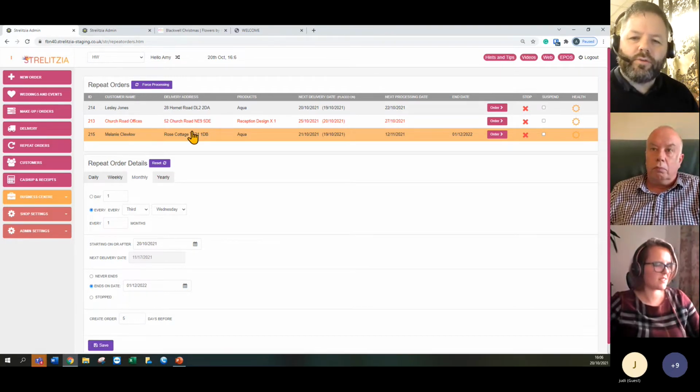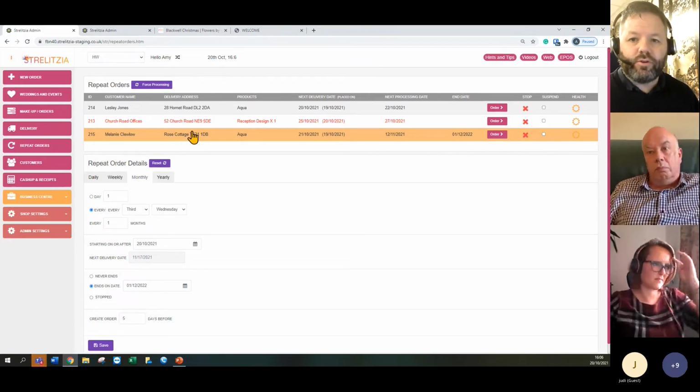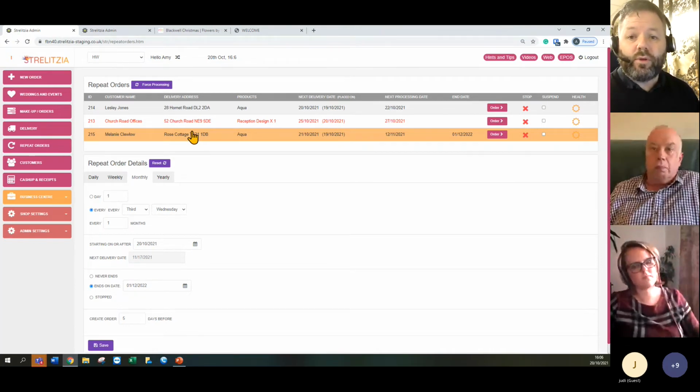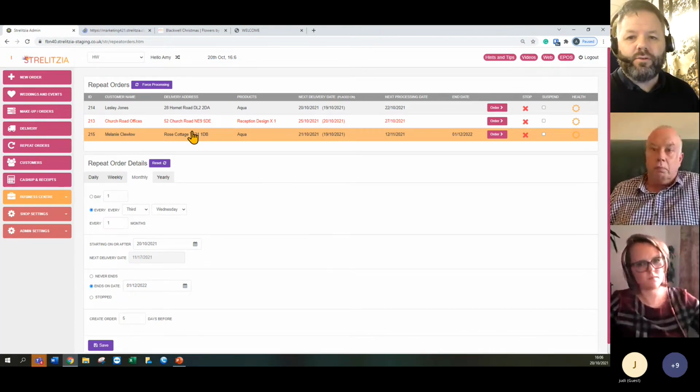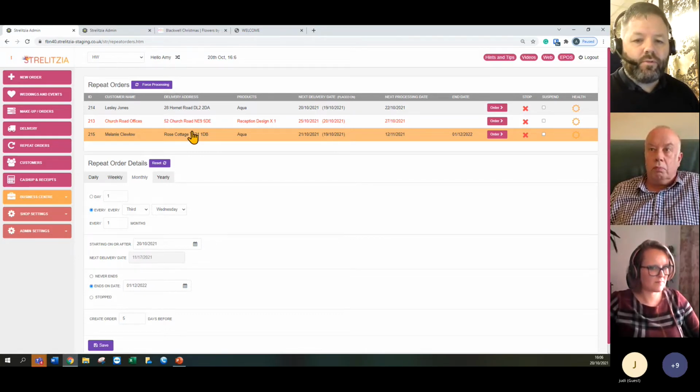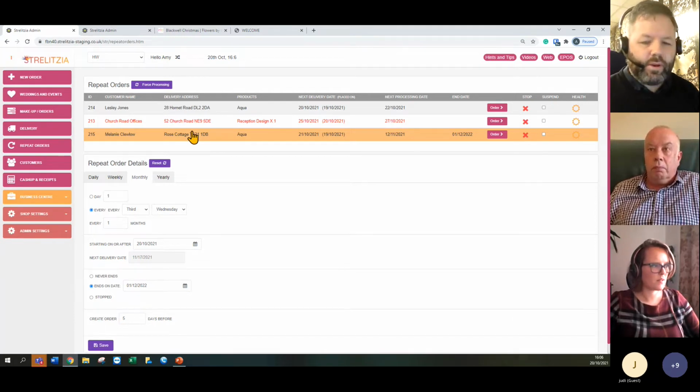what works for us here is that customers tend to pay for the subscriptions up front. Works for 90% of the florists that I've spoken to with regards to how they do their subscriptions. Some people want to get a phone call every month to pay for that 30 quid. That's fine too. It's a little bit more involving with your admin. And other people want an invoice and are happy to pay it in chunks. So I'm going to assume in this scenario the customer is paid up front and has paid for all their